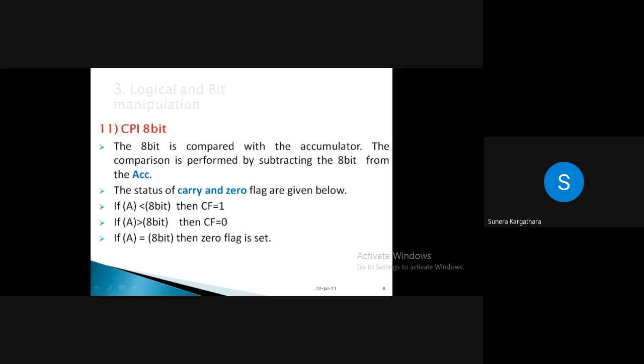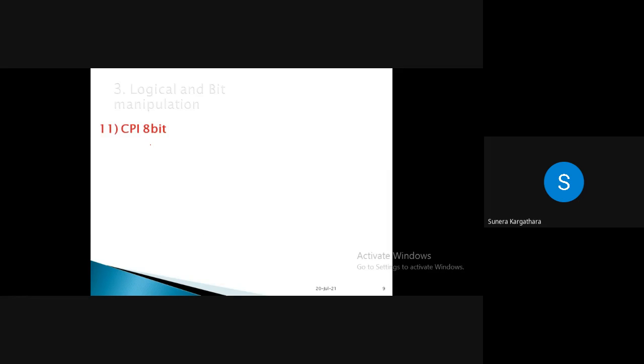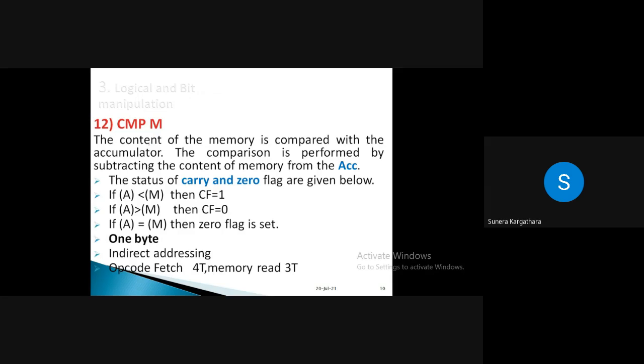So that is the difference. You will occupy 2 bytes. You can mention immediate data, so it will use immediate addressing mode. Otherwise, the process and everything is exactly the same with CPI. So you can check, 2 byte and immediate addressing mode will be used. CMP R or M we had already discussed. In the previous case, CMP R compares the content of a register and the accumulator. Now instead of that you can compare it with a memory location also.